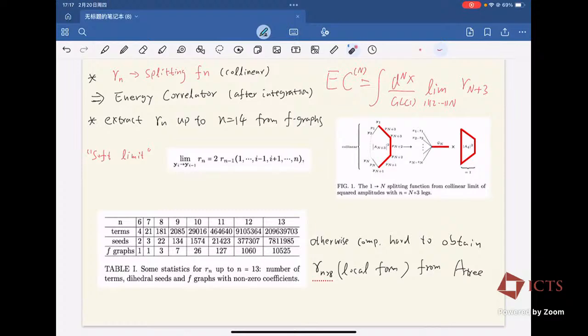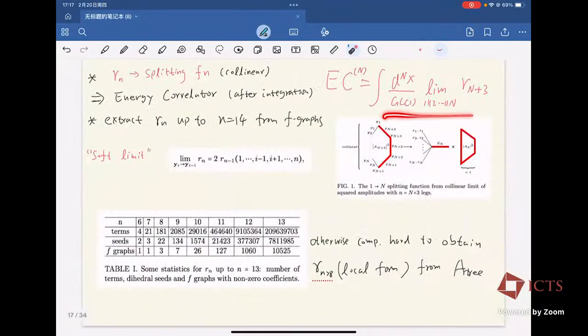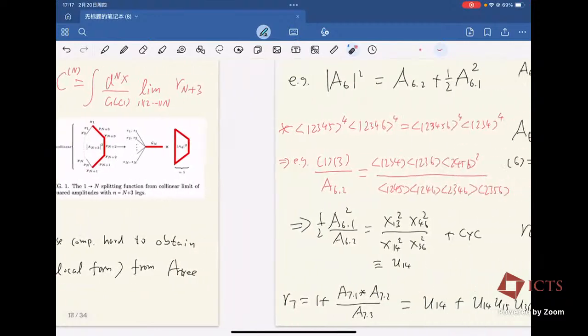So that's why people are also interested in this local function of xij squared. If you take the collinear limit, they give you the integrand. And you can extract it from F graphs to very, very high points. But at the same time, it's also